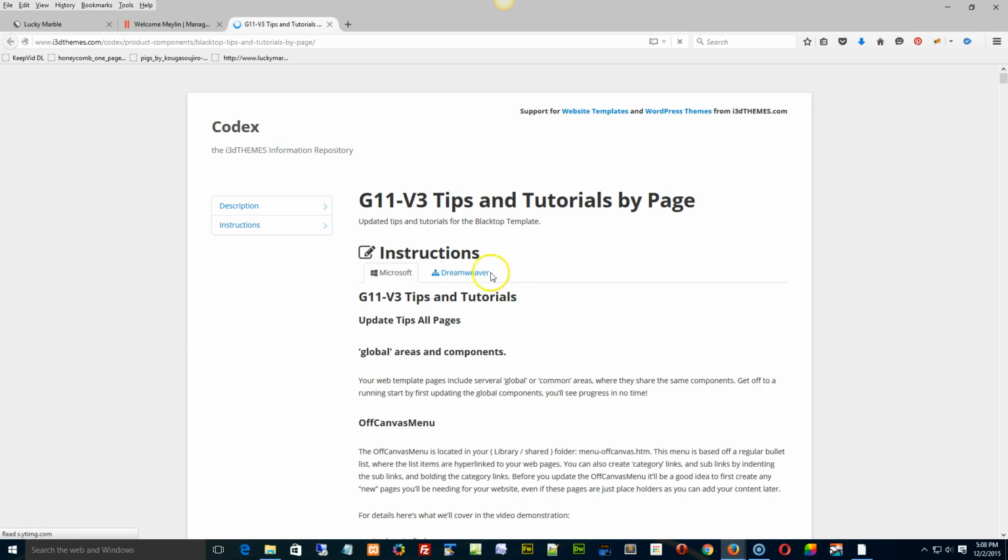For example, we go to the Dreamweaver tab right here. And basically what this is, we have a lot of different tutorials. We've added a lot to the system over the years, so I'm trying to streamline some of the information, right? But I know talking to Chris, one of your guys phoned in and was asking questions on how to do things and whatnot. Even watching a couple of the video tutorials that I have here will help get things straightened out,